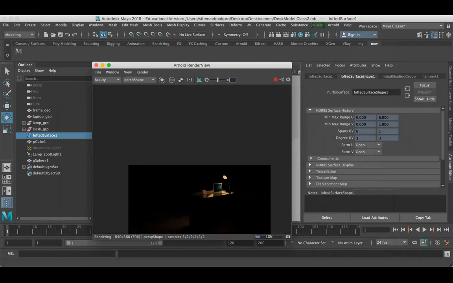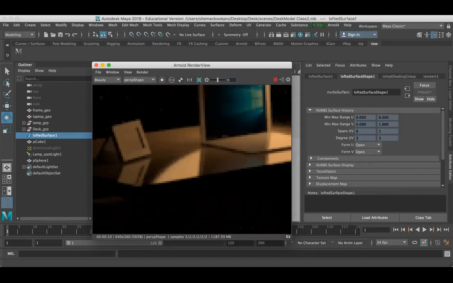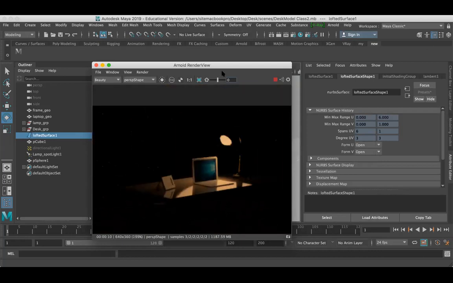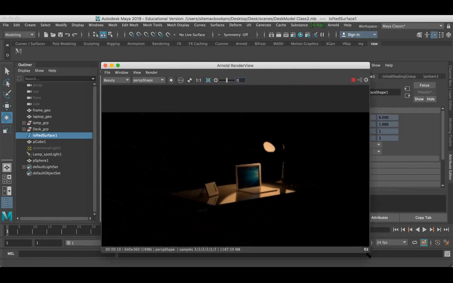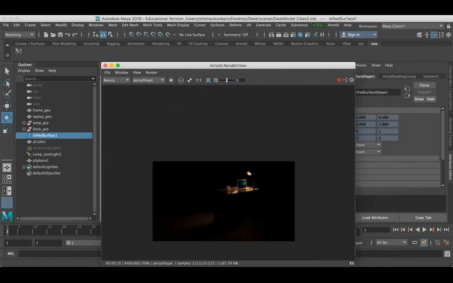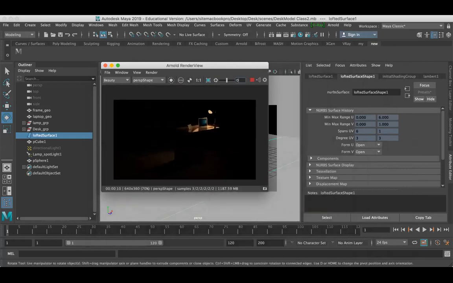I was just thinking why it is so close, because I just zoomed in, right? I forgot. Now you can see that we got some kind of output which looks like a night lamp. It looks so beautiful right now. So this is our image, and I want to adjust it.